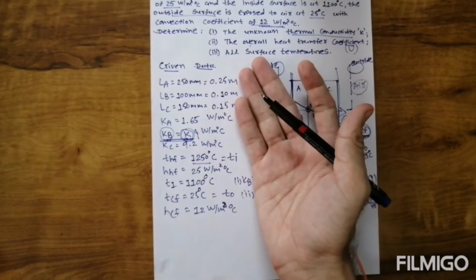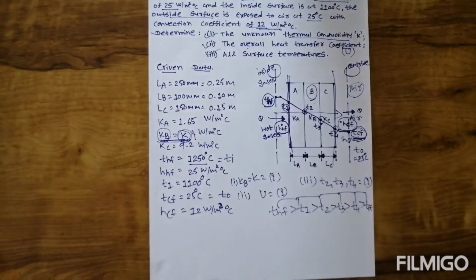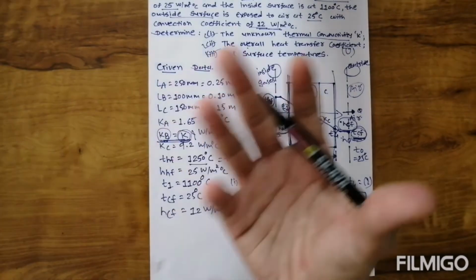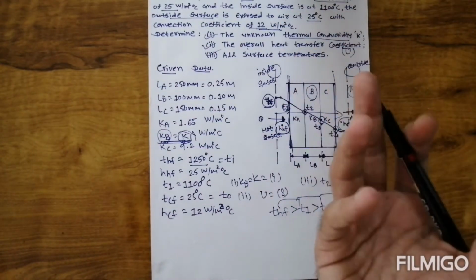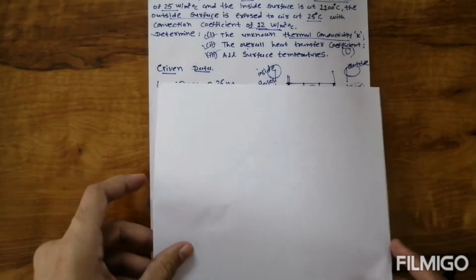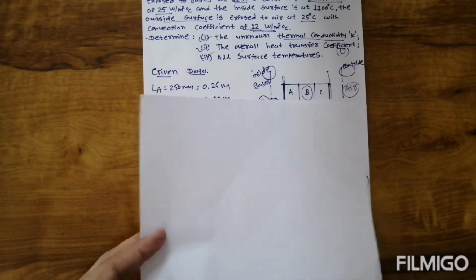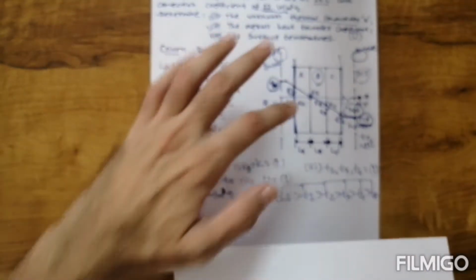In this example the rate of heat transfer is not determined, but suppose we consider the rate of heat transfer equation, then we can also use that equation. We can find out the thermal conductivity, overall heat transfer coefficient, or surface temperature. All these values depend on the rate of heat transfer. So first we consider how many equations we have for the rate of heat transfer, starting with the individual rate of heat transfer equations.